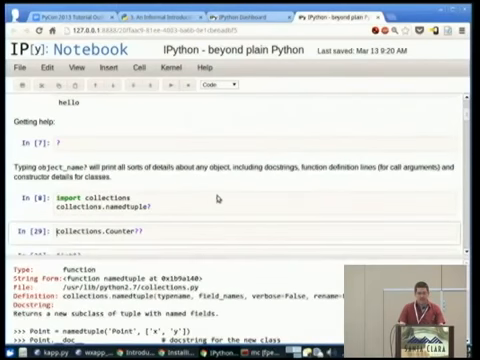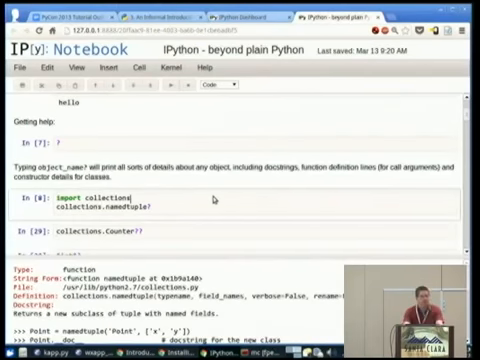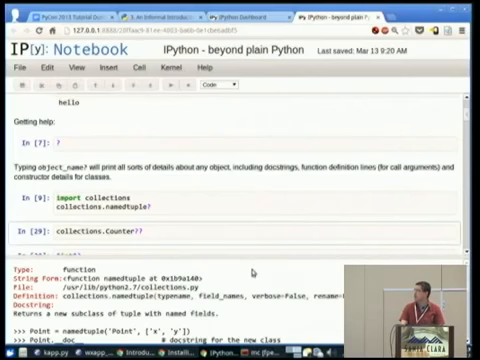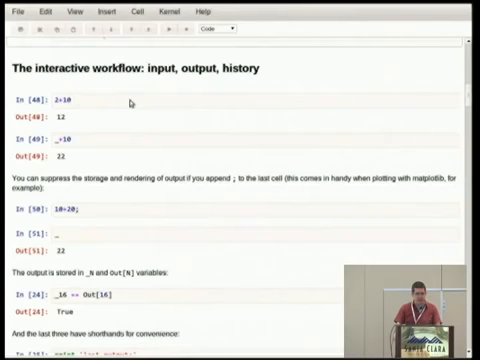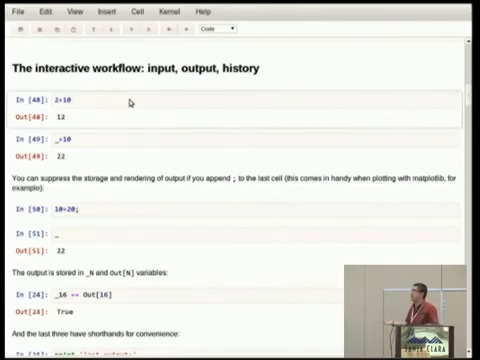So if I type import collections, and then I want to find out about what is the namedtuple object, if I type collections.namedtuple question mark, all right, do interrupt at any time. So when you're working interactively,